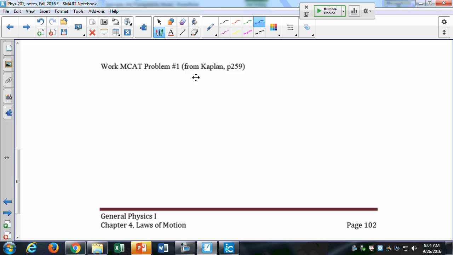There can be quite a bit of Newton's law stuff. The MCAT is sort of different year to year, and sometimes there's a lot of physics, and sometimes there's hardly any physics at all. But if there is physics, you're likely to see some Newton's laws problems dealing with force diagrams and what have you. This one's pretty simple, but let's say that I have a rocket